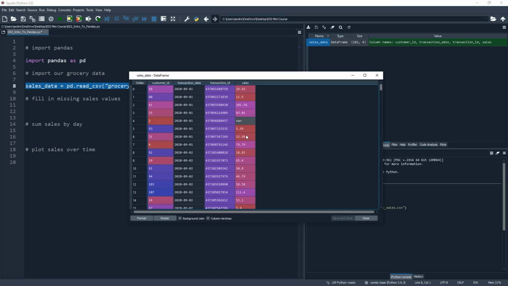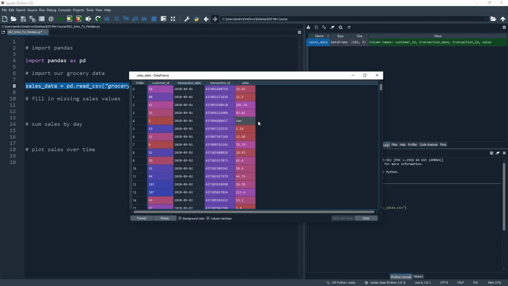So this data is the sales data for around 100 customers at a grocery store during the month of September 2020. It is at customer and transaction level. So for each transaction that a customer makes, we have the aggregated sales, so the total amount that they paid at the till. What I would like us to do here in this tutorial is to aggregate up this data by date. In other words, get the total sales for each day within September, and then plot this very simply onto a chart so we can visualize this trend over time.